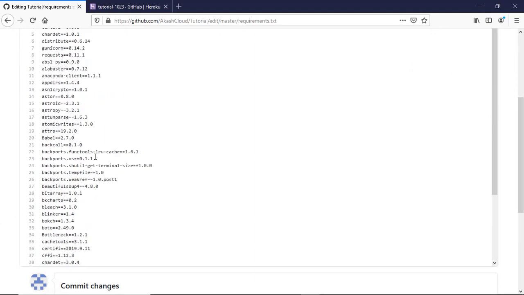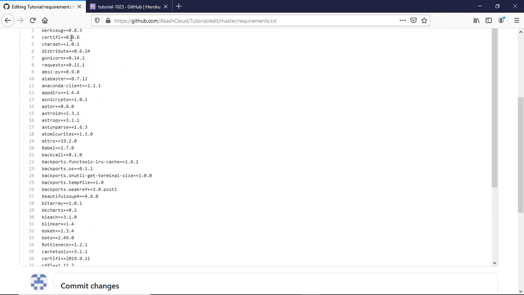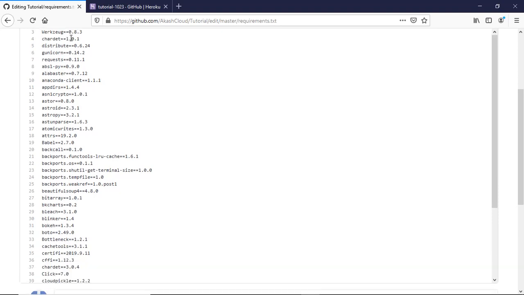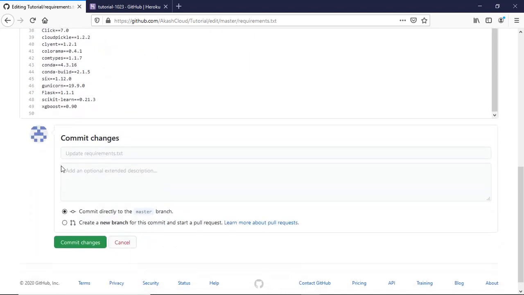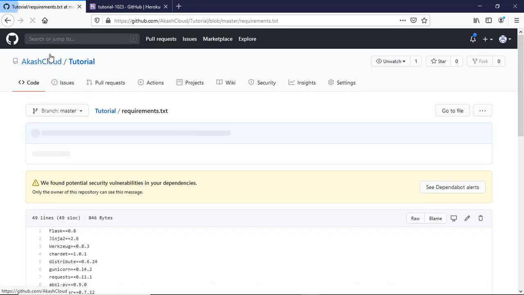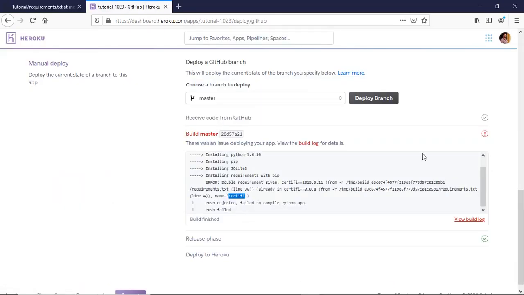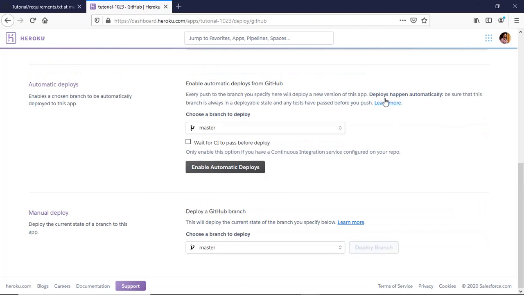I'm not going to use this one. Okay, so this is not a Python file. I think not all of these requirements are needed, like Conda is not required. Okay, again we will deploy and see the next error.